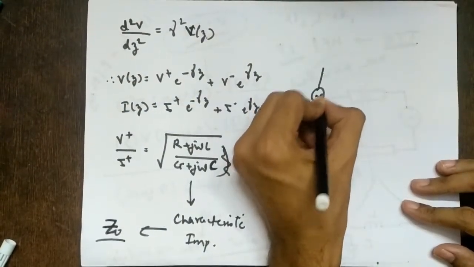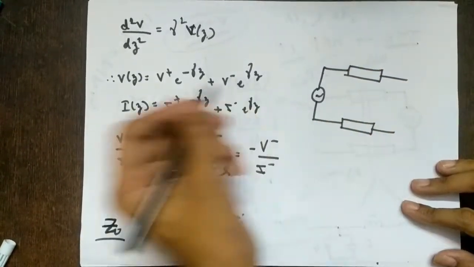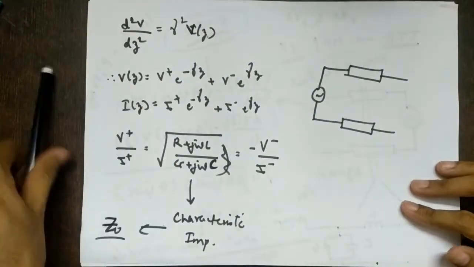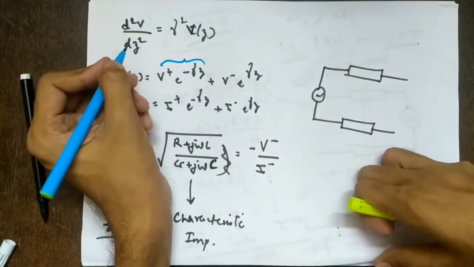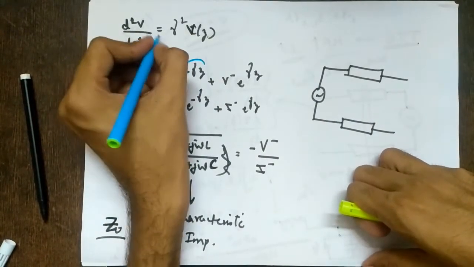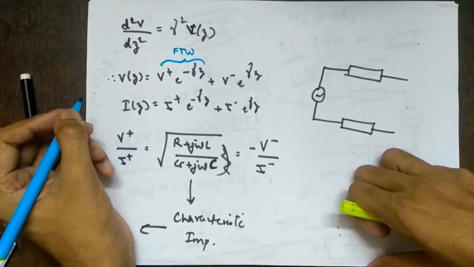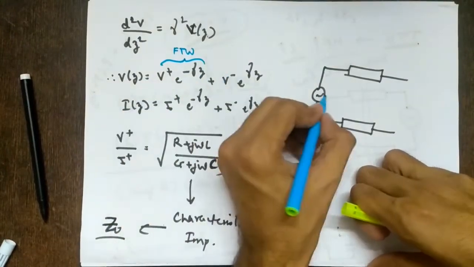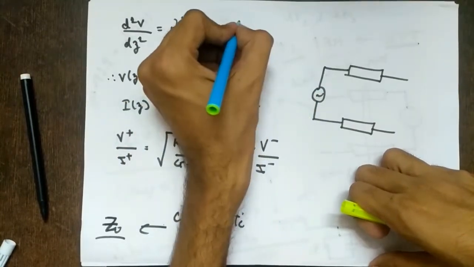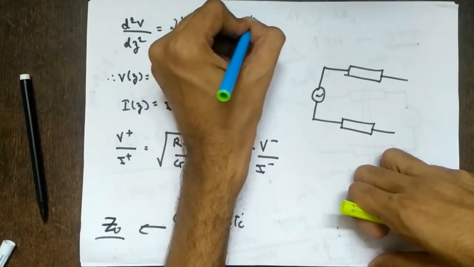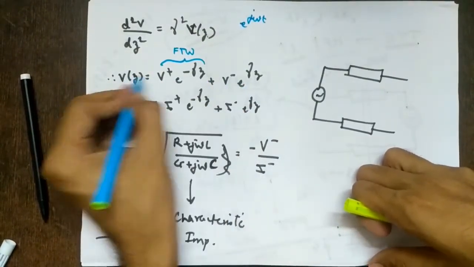Again, if I have a source and a transmission line, let's not worry about the load as of now. One point is important. What is this V plus e raised to minus gamma z? We have seen in our basic electromagnetics modules that this is a forward traveling wave. If you are worried that there is no time term here, you are giving an AC source, so obviously it is dependent on time. As we saw in electromagnetics, whenever you have to introduce time, you multiply by e raised to j omega t. That term is implicit here, so don't worry about that.